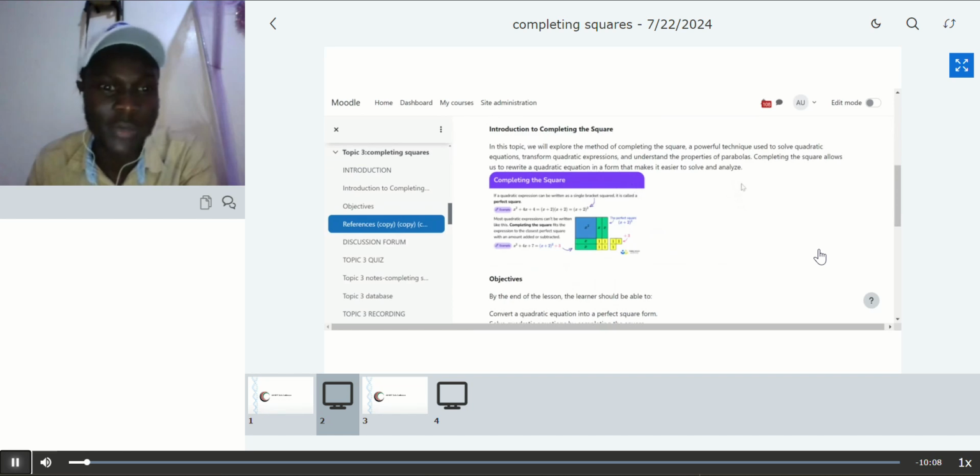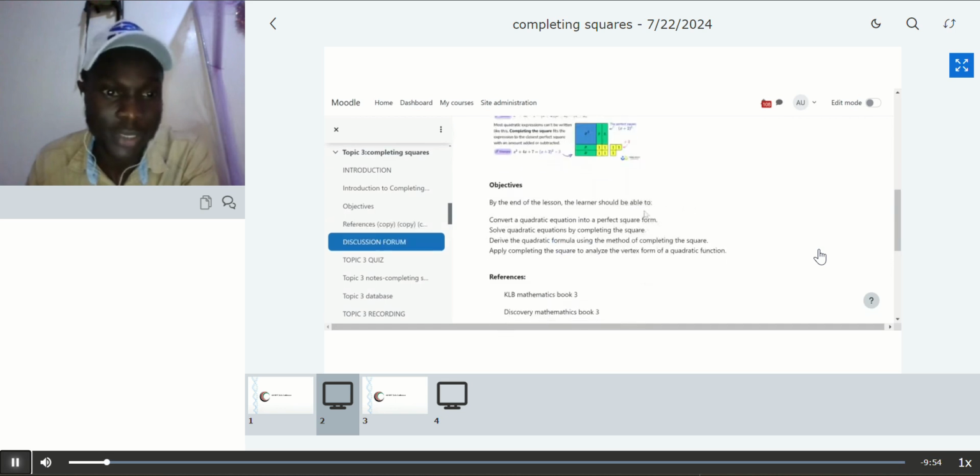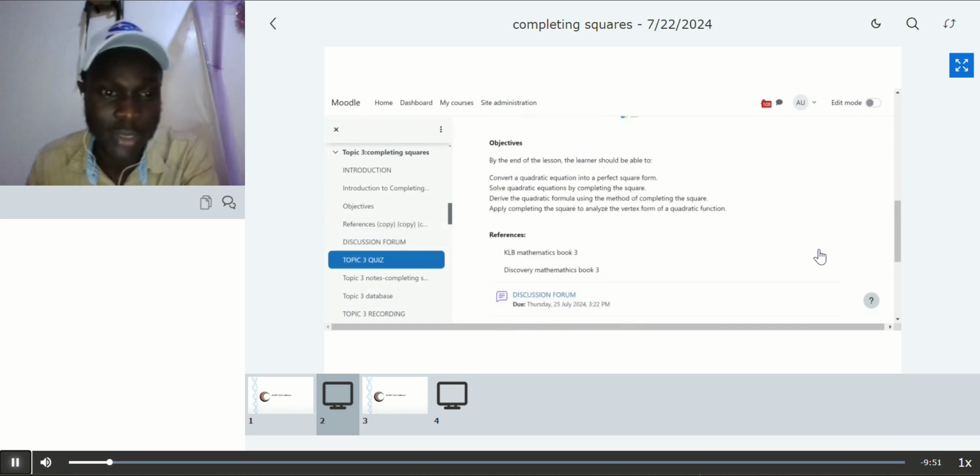Solve quadratic equations, transform quadratic expressions, and understand the properties of parabolas. Completing the square allows us to rewrite a quadratic expression in a form that makes it easier to solve and analyze. Topic objectives: by the end of the lesson, the learner should be able to convert a quadratic equation